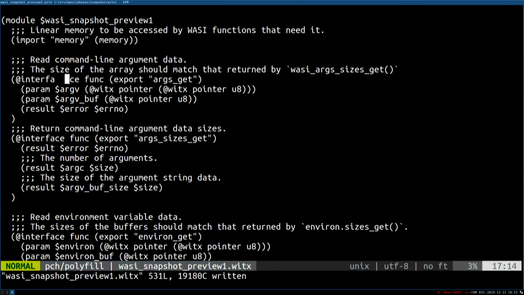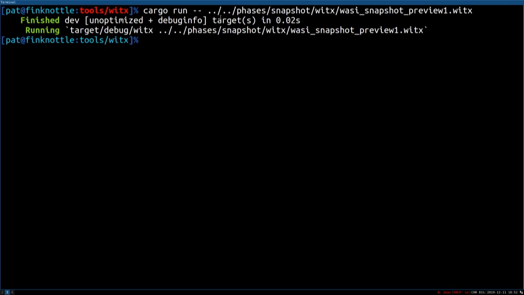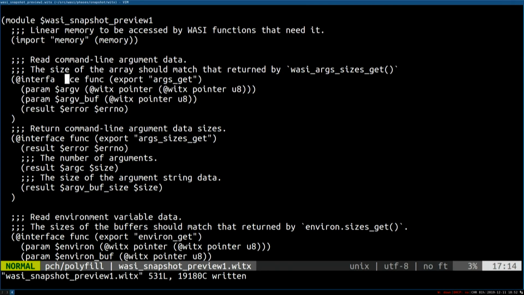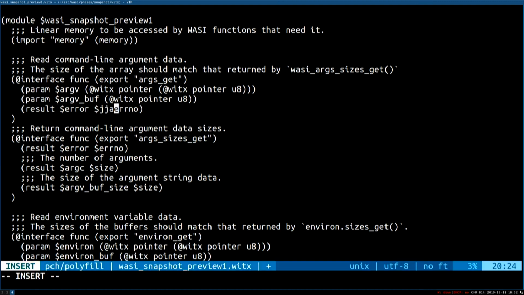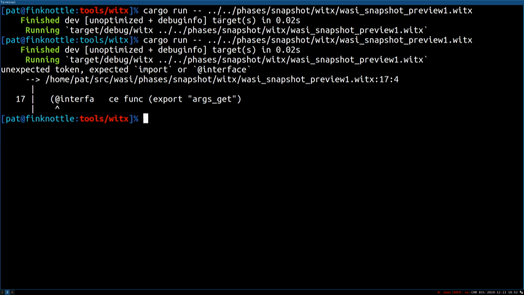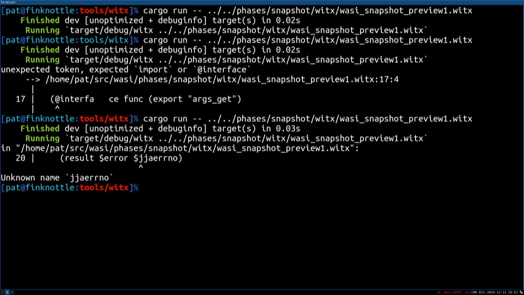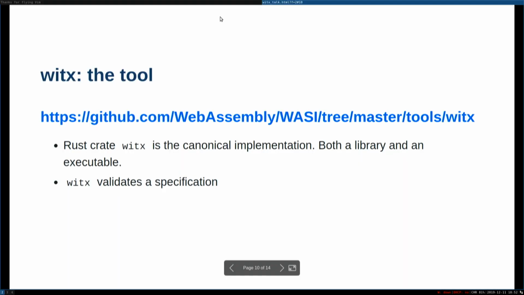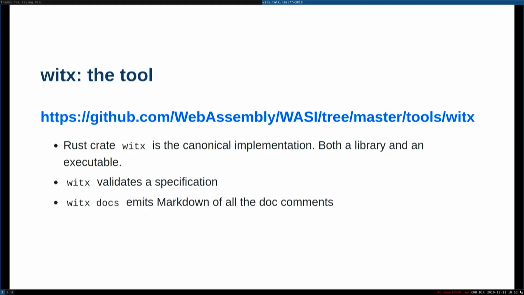So let's make a typo, and have it please validate that. And it's going to tell me I have a syntax error, which is cool. It can do more interesting things, like if we put some type here that doesn't exist. Sorry, I keep on going the wrong way. It's going to tell me I have an unknown name. And if I do more sophisticated things to make a type error, it's going to catch those all, I think. So that is just how you validate with WitX.